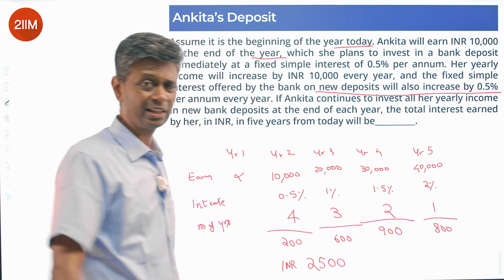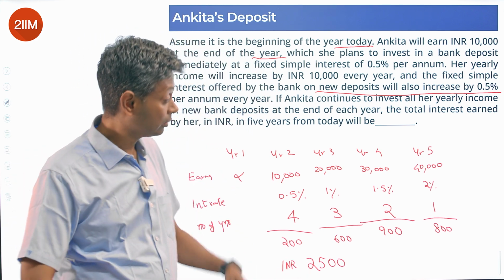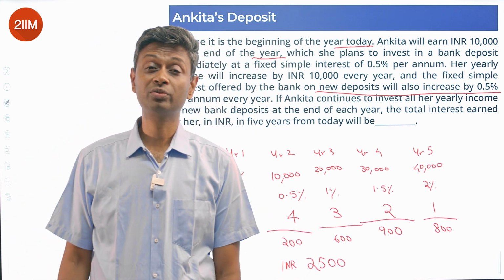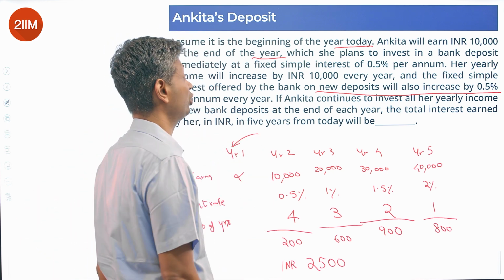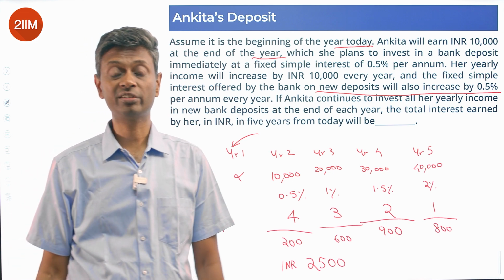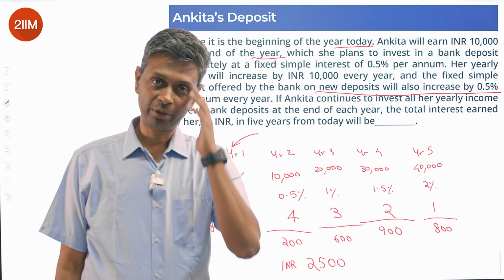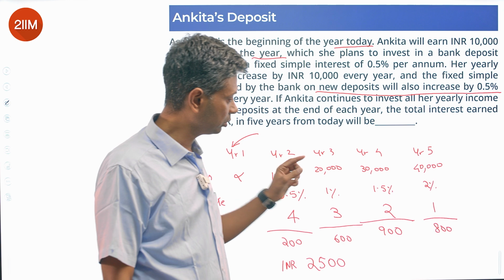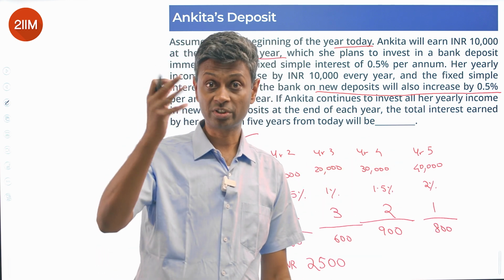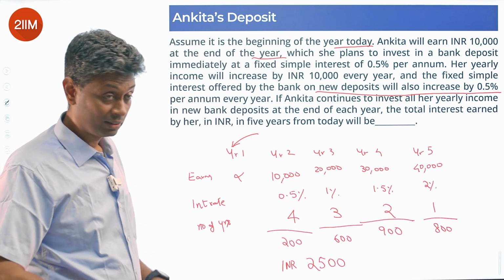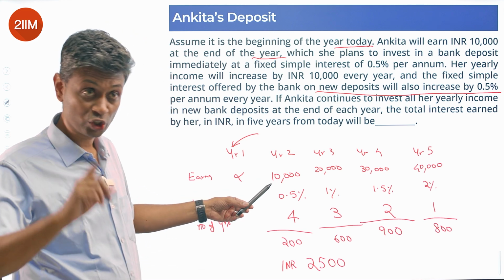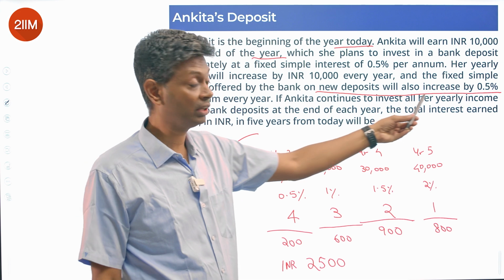As you see, the computation is straightforward, the writing down is straightforward, but a bunch of things are a pain. This year 1, she earns her money at the end of year 1. So year 1, there's no interest. Important to keep in mind. Otherwise, the whole math can be for 10,000, 20,000, 30,000, 40,000, 50,000. That's not what's happening. That's one error that can happen. Second, this is at 0.5% and that does not change. The new deposits will increase by 0.5%.